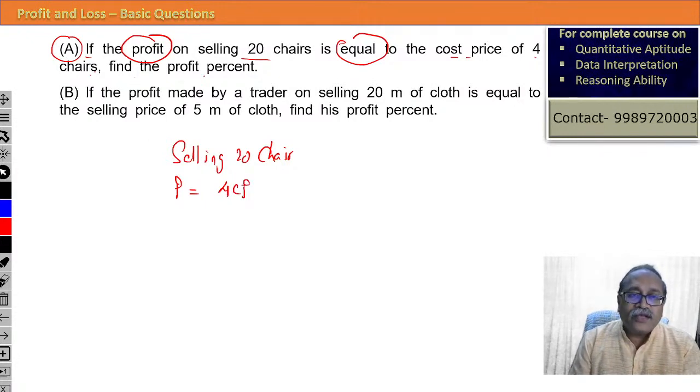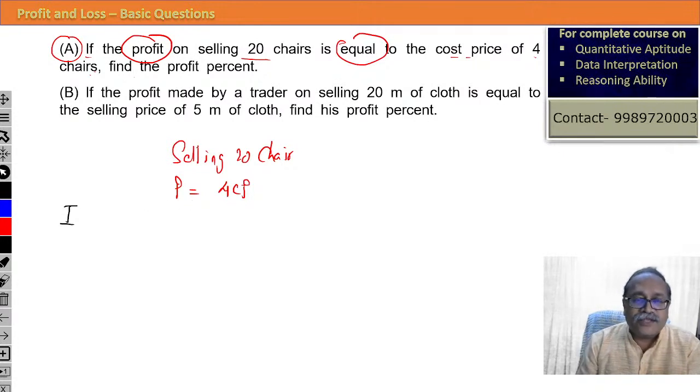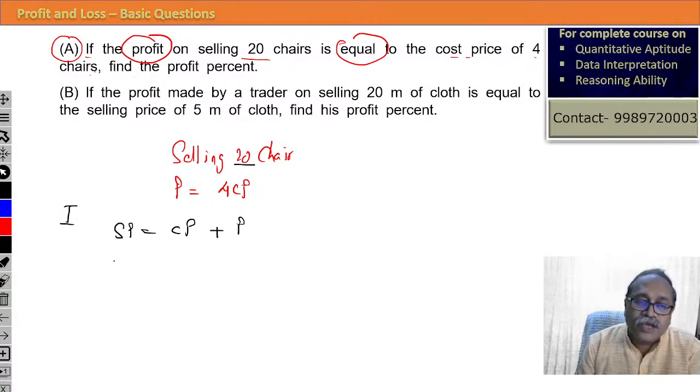Okay, now find the profit percentage. So there are two ways to answer the question. First way is the very basic approach. चलिए हम लोग बेसिक अप्रोच से करेंगे। बिंदु मैडम आपको आता होगा तो कीजिए, नहीं तो निलंबित बना देंगे। अभी देखिएगा, सेलिंग प्राइस इज इक्वल टू कॉस्ट प्राइस प्लस प्रॉफिट होता है ना। तो अभी कितने का सेल कर रहे हो? 20 चेयर सेल कर रहे हो आप। सो 20 सेलिंग प्राइस is equal to 20 cost price अनुषा प्लस